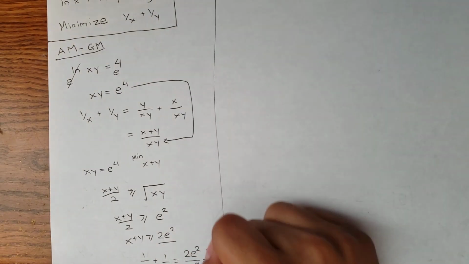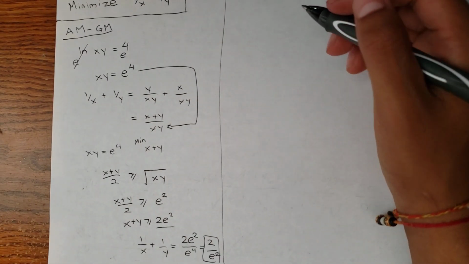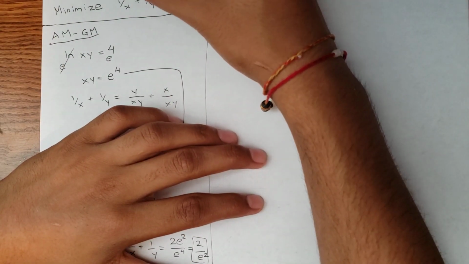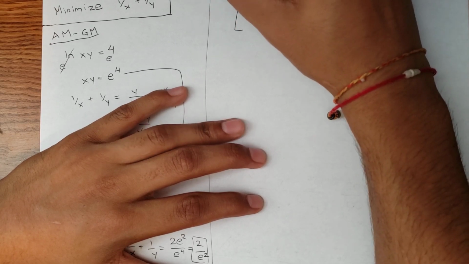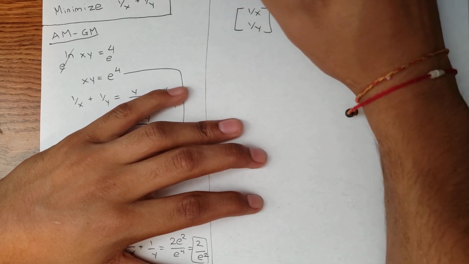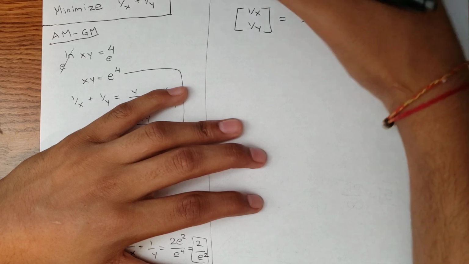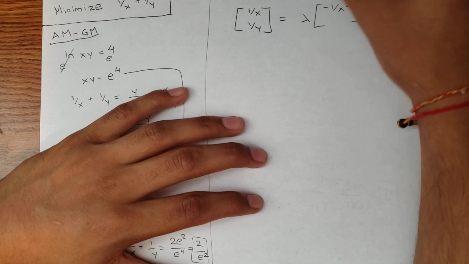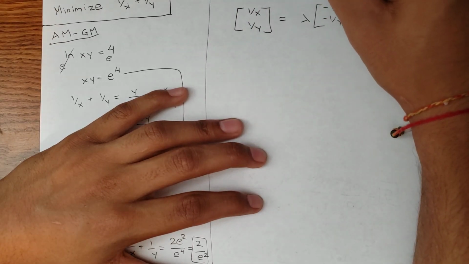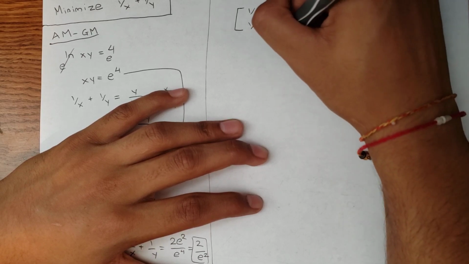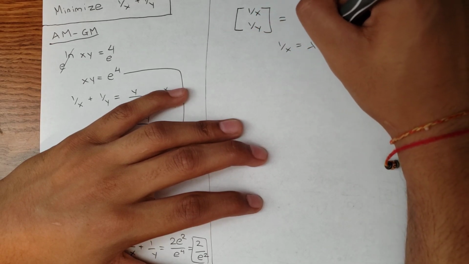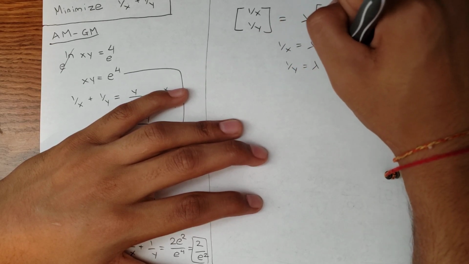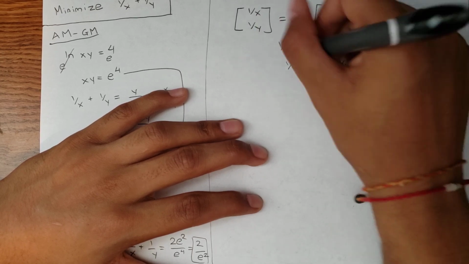Okay, that's approach number 1. So now with Lagrange multipliers. So the gradient of this, if you differentiate both of these, we'll get 1 over x and 1 over y and lambda. And the derivative of 1 over x is negative 1 over x squared. With respect to y, it'll be negative 1 over y squared. If we set these equal to each other, and if we solve for lambda,